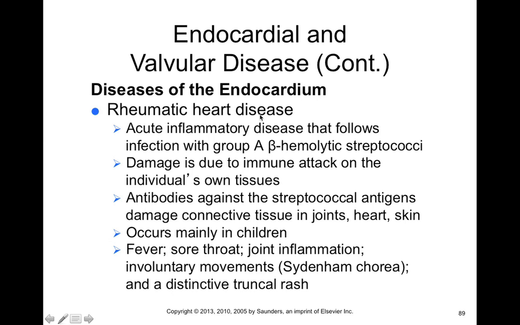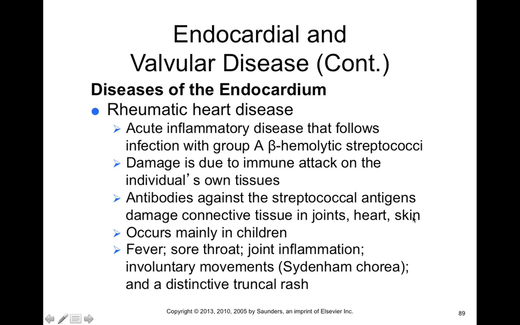So rheumatic heart disease is a consequence of a strep or staph infection, and it's an acute inflammatory disease that follows this particular infection. It's damage that occurs where there is an accumulation of antigen-antibody complexes, so it's more of a type 4 hypersensitivity, where the individual's own immune system starts attacking those tissues that have now accumulated antigen-antibody complexes. So we have a lot of antibodies against these streptococcal antigens that can accumulate in connective tissues like joints, even